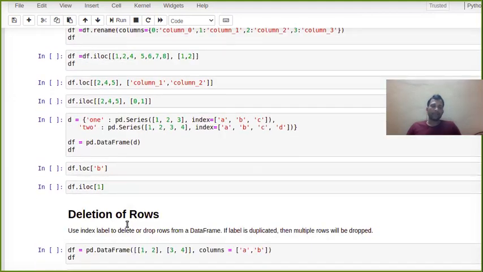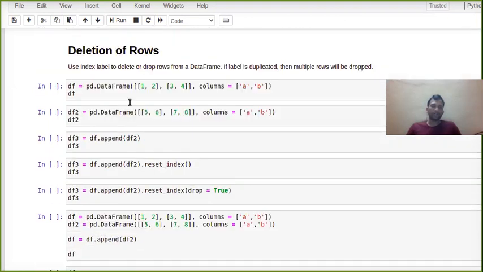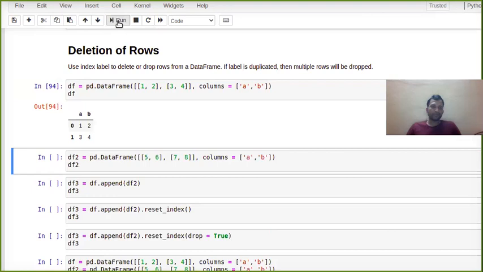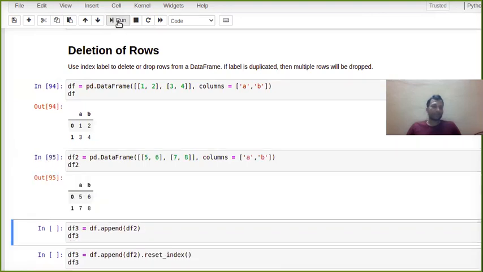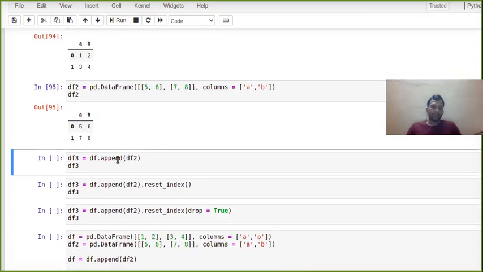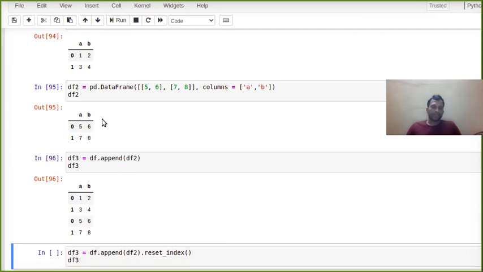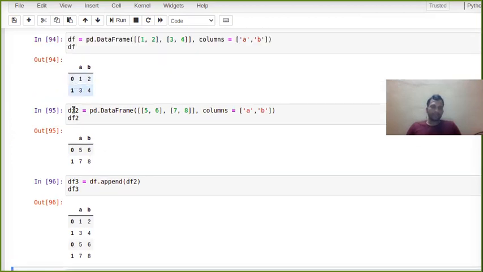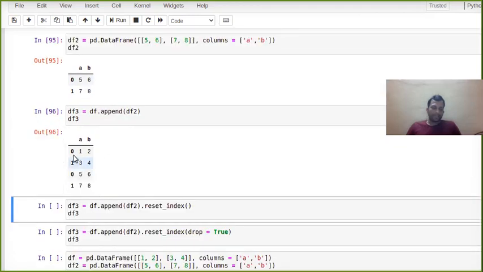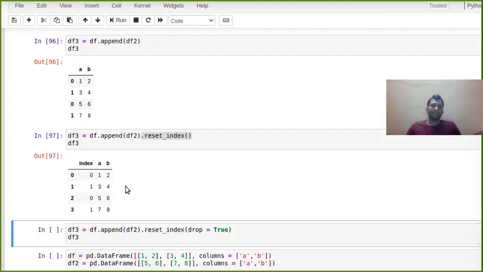So this I have discussed. I think that's all for today. I have already discussed how to get a data frame. So let's see a few more things just before completing our lecture. Okay, I created df1, df2, and if you want to append, I did it here with 0, 1 and df3. I created 1, 2, 3, 4, then 5, 6, 7, 8. The index has been taken directly from the originals. If you want 0, 1, 2, 3, there is a reset index keyword, so you can give reset index.